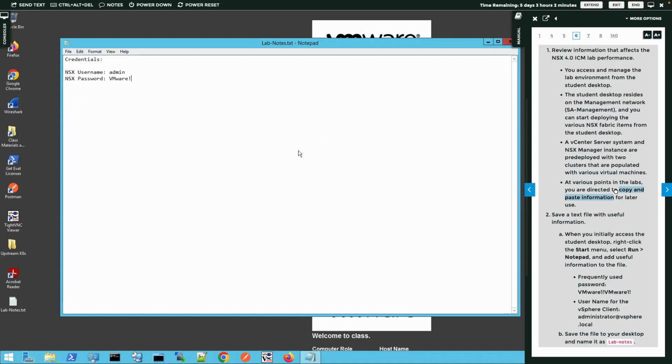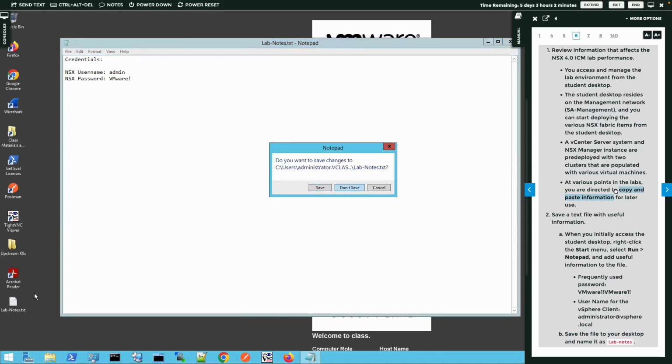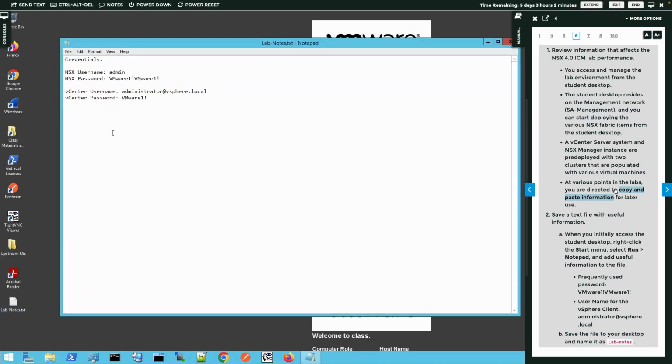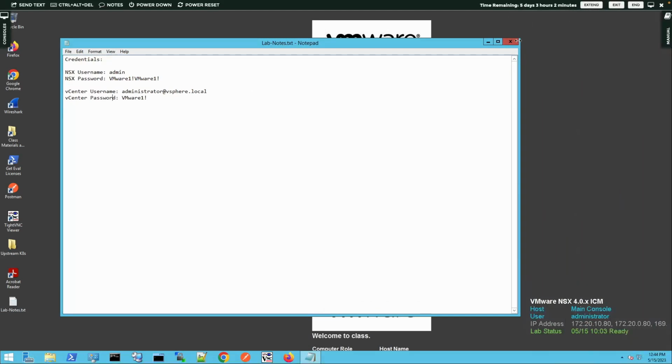Good thing I saved that. Let's go ahead and close that. Don't save, and open it back up. So we'll just leave this right here for the time being. I just wanted to make sure that we saw that we could copy and paste or drag and drop text from the lab manual into the lab environment. Now, here in task number 2,